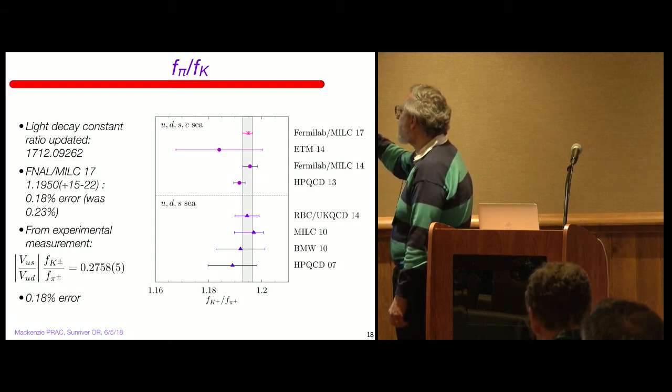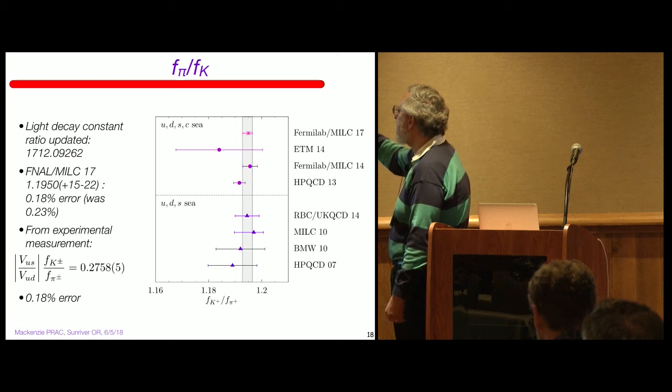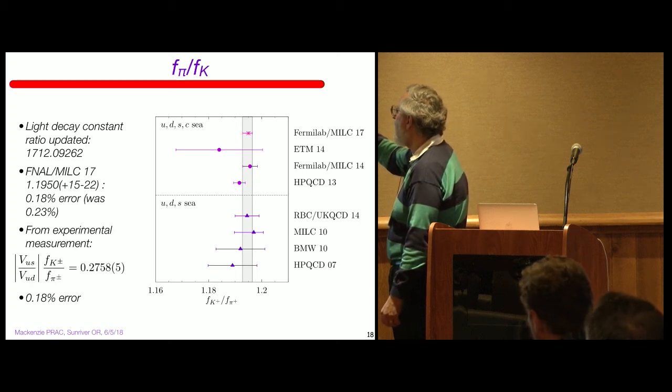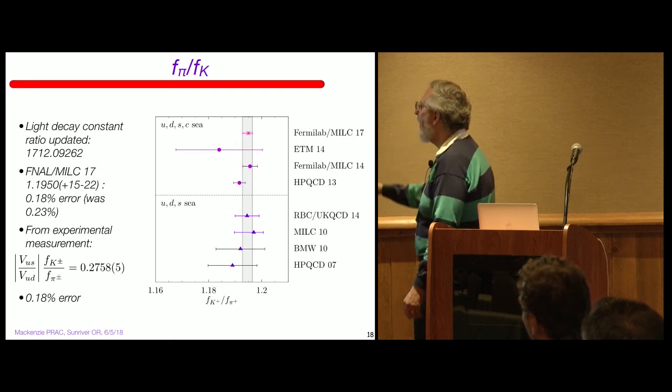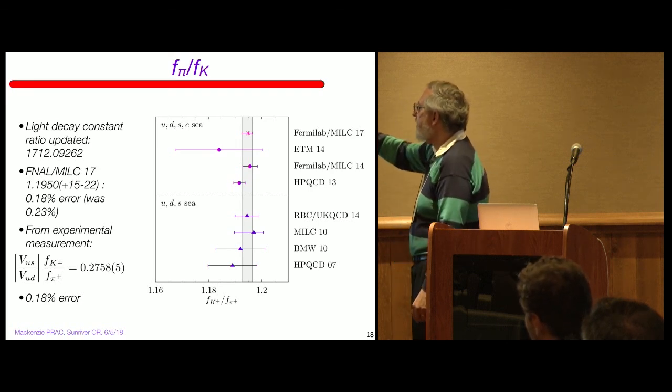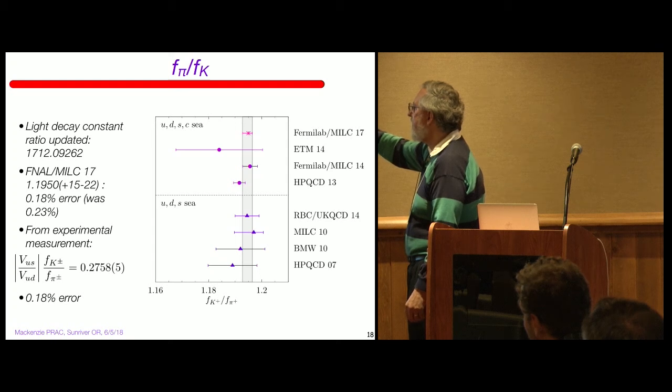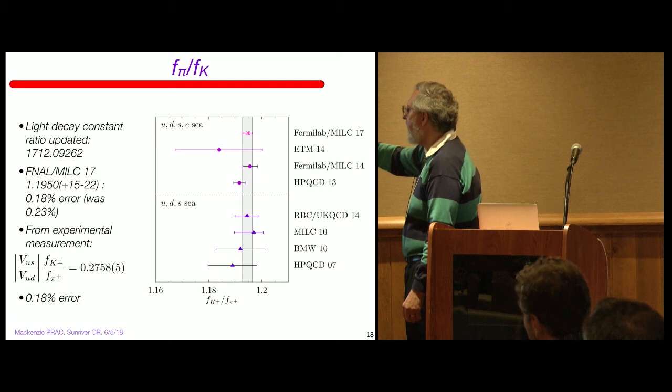This is a previous result where we didn't have as much statistics and as many ensembles as we created. This is a competing group. This is HPQCD, which we sometimes cooperate with and often compete with. And these all have up, down, strange, and charm quarks in the sea. These are older calculations, some of which have up, down, and strange quarks in the sea, and the errors are all bigger. So before this calculation, the error was 0.23% in this ratio, and that was bigger than the experimental error